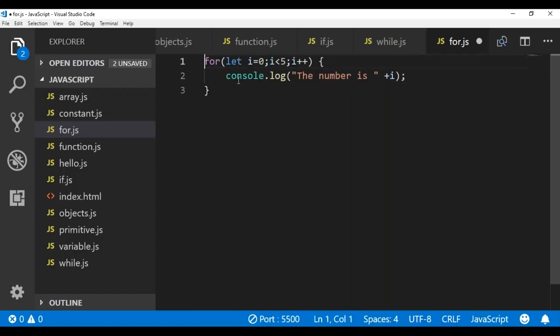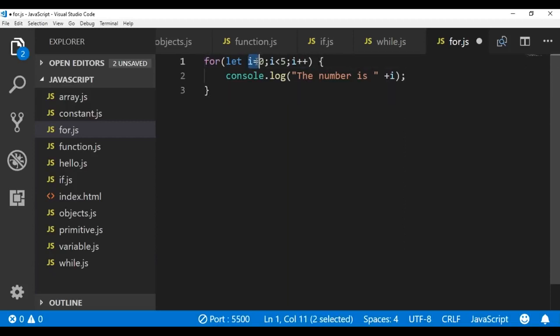So what happens here is first I is equal to 0. You're defining a variable I and you're initializing it to 0. Once you initialize I to 0, it's going to execute this statement once. After that, it'll go to this condition. Is I less than 5? Is 0 less than 5? Which is true, so it's going to execute this statement. Now after this is executed, it's going to execute this third statement, which is I plus plus. So the value of I is going to become 1, and the same thing is going to happen again and again.